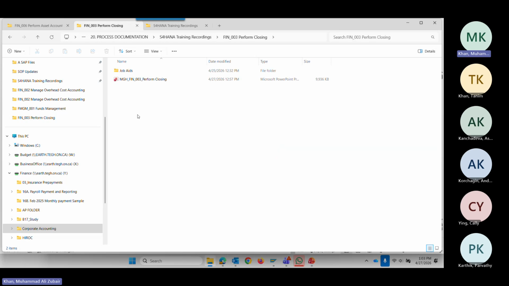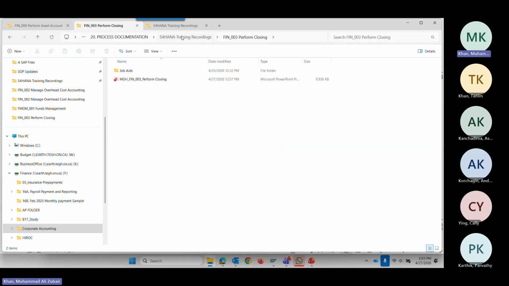You can come in there. You will find the recording as well. After that, I will put it there. So here you find this deck. First thing is that. Second thing, for the training purpose, if you want to do some entry in the